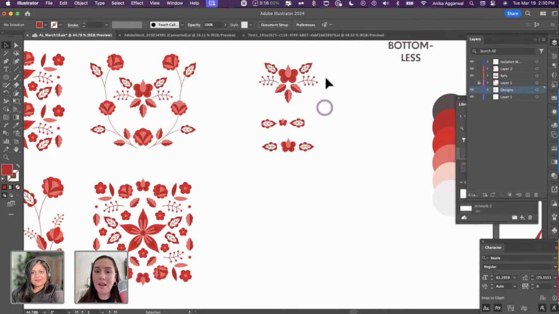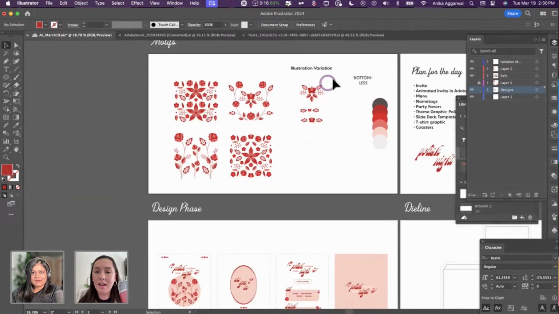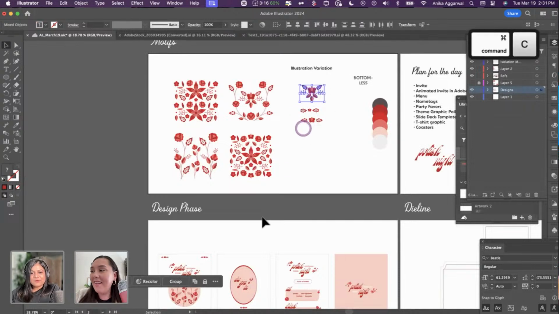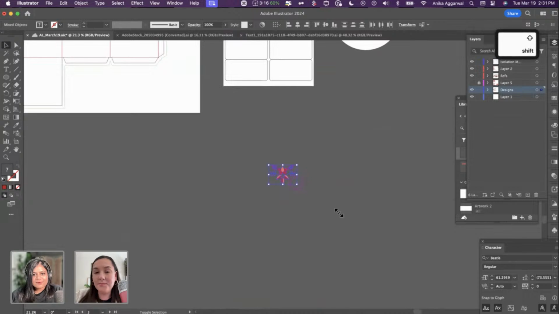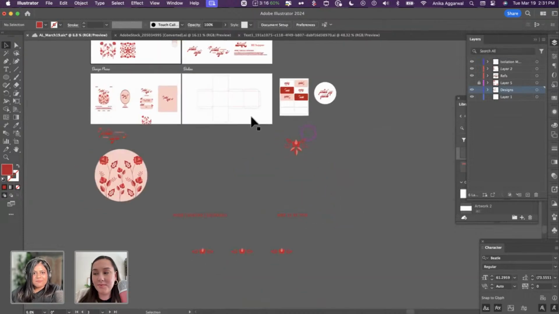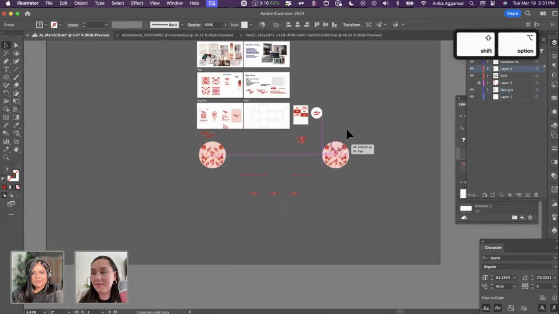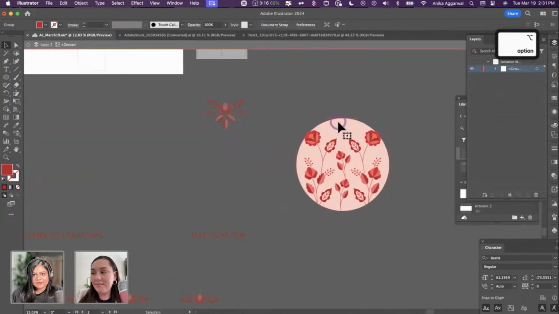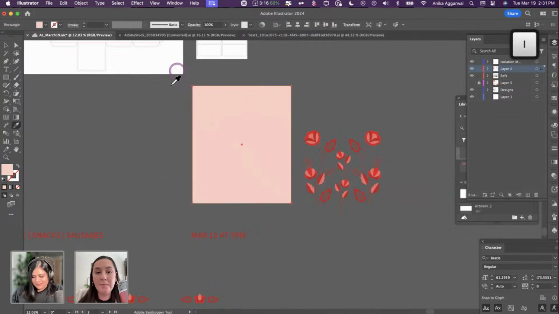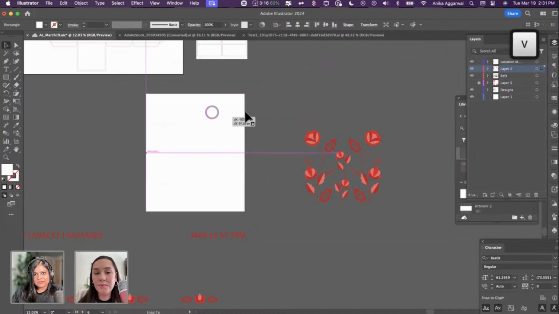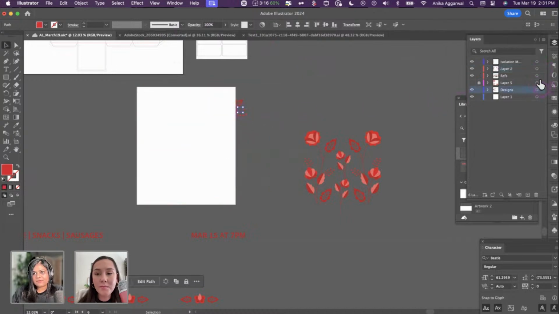Oh, what, my Illustrator is kind of dying. No, here we go. So this could be the front here, and then this could be the back. So the back could be just the elements. So it could be a white t-shirt. Imagine this to be a t-shirt. Yeah. Oh, what's happening? Where's the flower? Oh, it's underneath. Here we go.